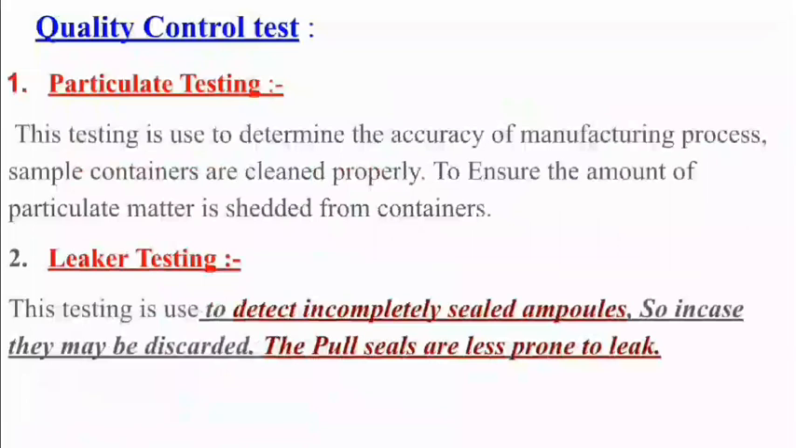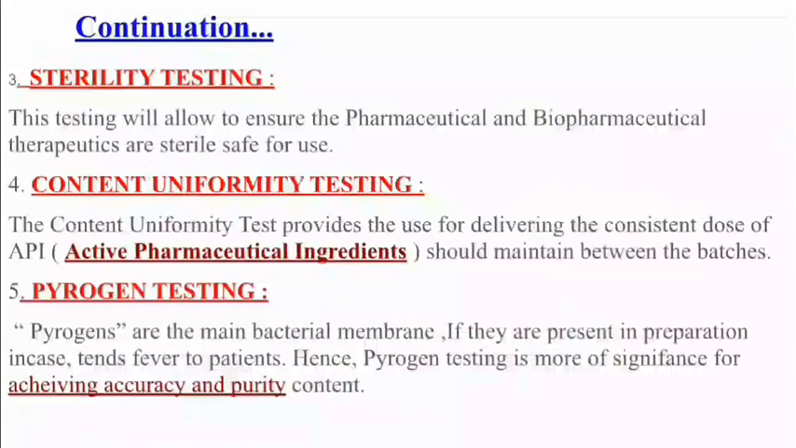Second is leaker testing. Leaker testing is used to detect incompletely sealed ampoules. If found, they must be discarded. Pull seals are less prone to leak. Sterility testing. This testing ensures that pharmaceutical and biopharmaceutical therapeutics are sterile and safe for use. Content uniformity testing. Content uniformity testing is used for delivering a consistent dose of API, that is the active pharmaceutical ingredient, which should be maintained